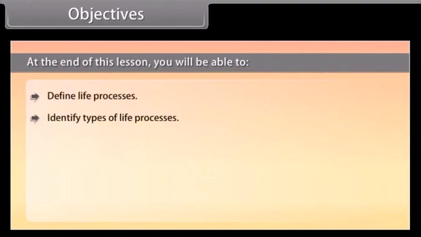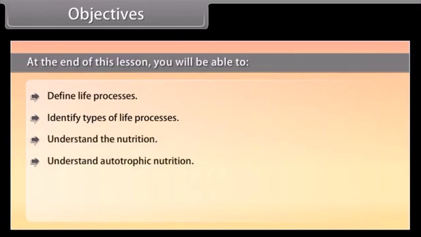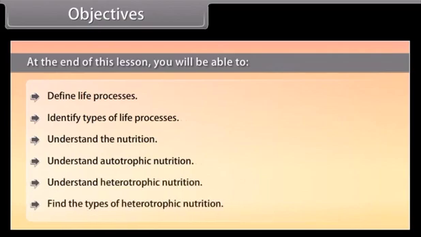Objectives. At the end of this lesson, you'll be able to define life processes, identify types of life processes, understand nutrition, understand autotrophic nutrition, understand heterotrophic nutrition, find the types of heterotrophic nutrition,